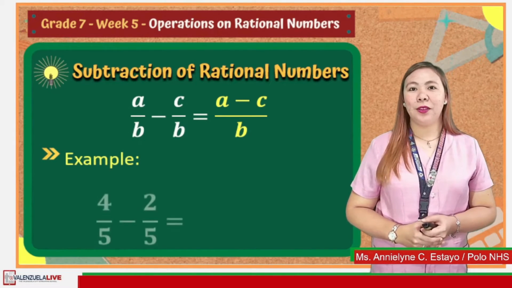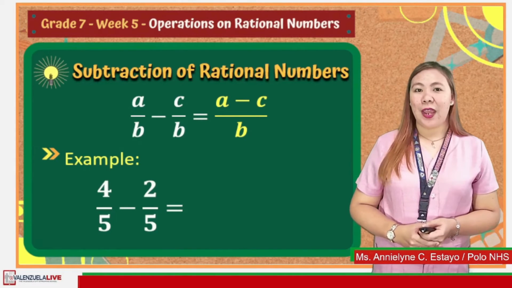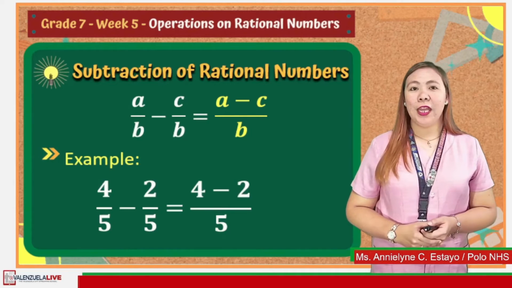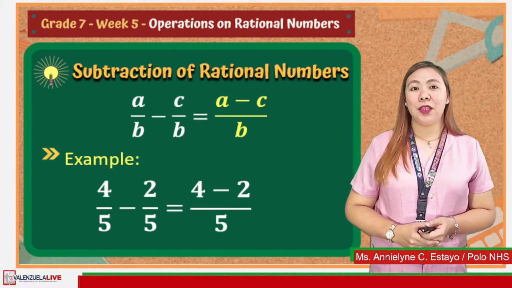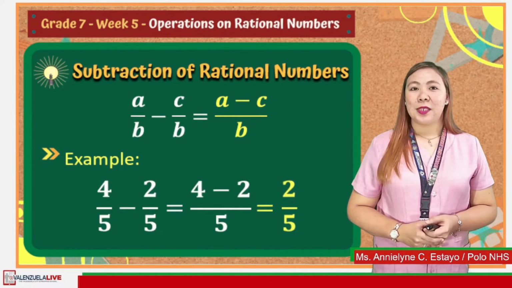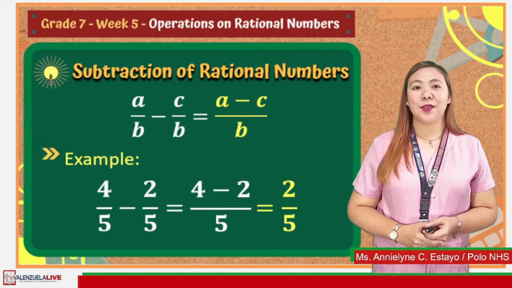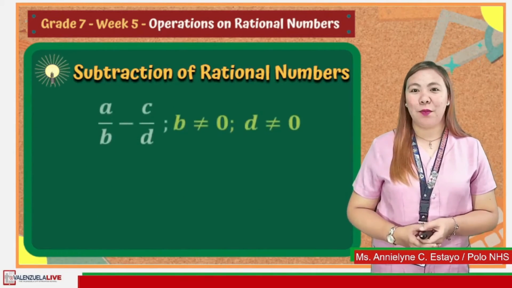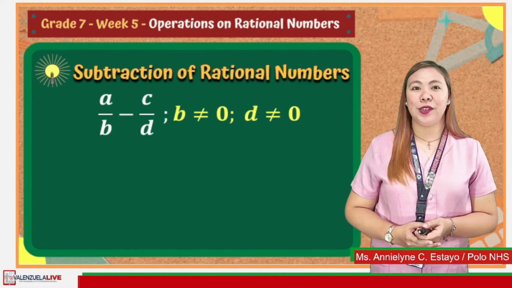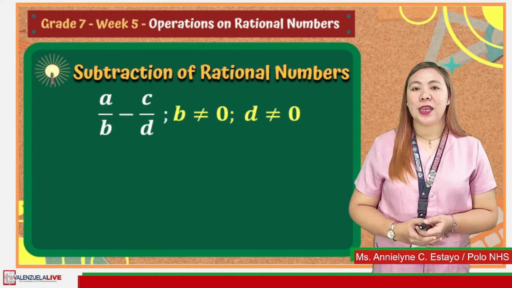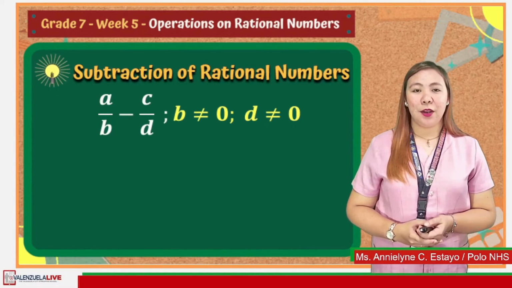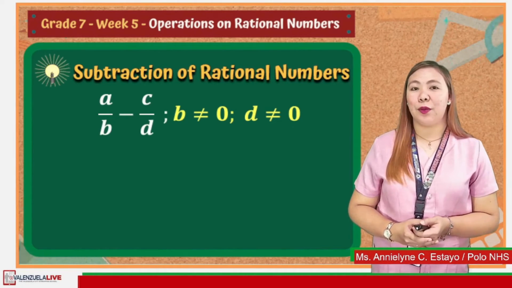For example, 4/5 minus 2/5. Subtract 4 and 2, then copy the common denominator 5. Simplifying, the final answer is 2/5. To subtract two rational numbers with different denominators, or dissimilar fractions, a/b minus c/d, where b is not equal to 0 and d is not equal to 0,